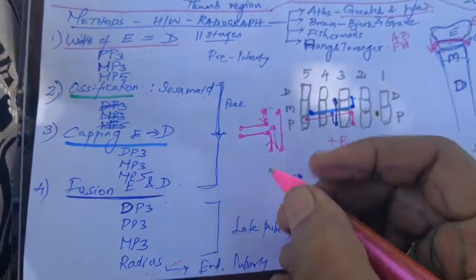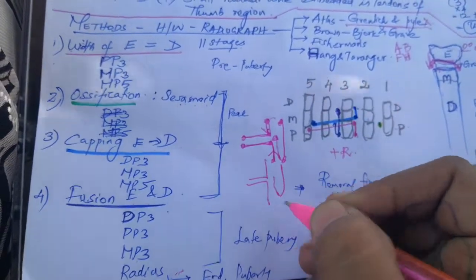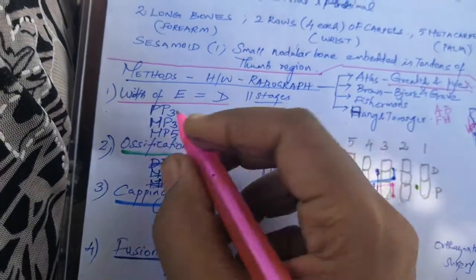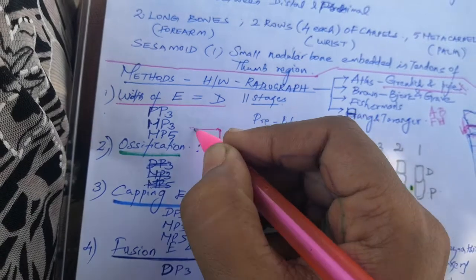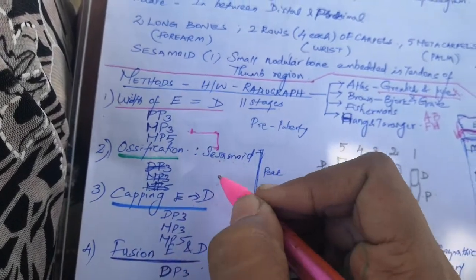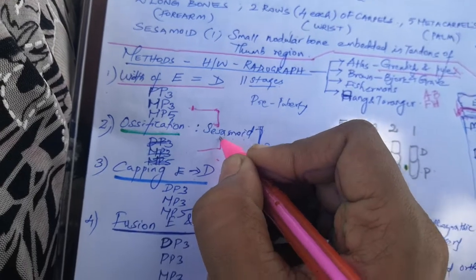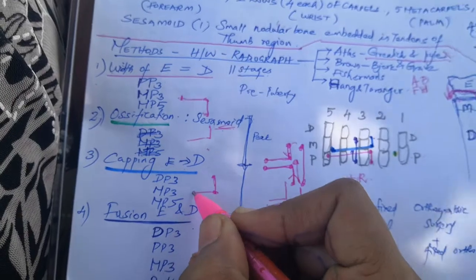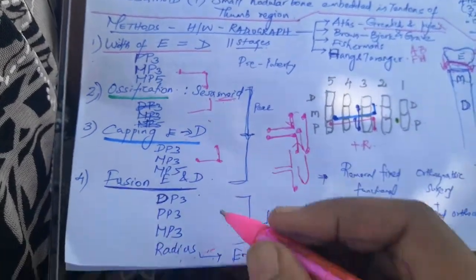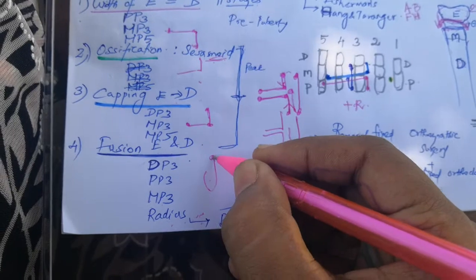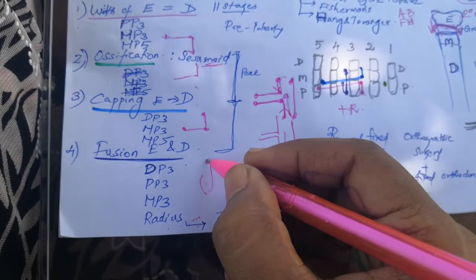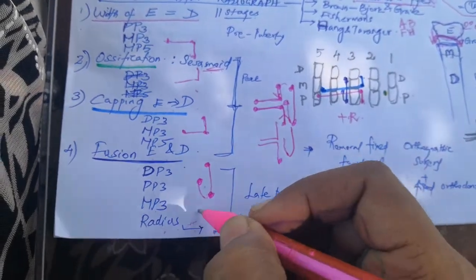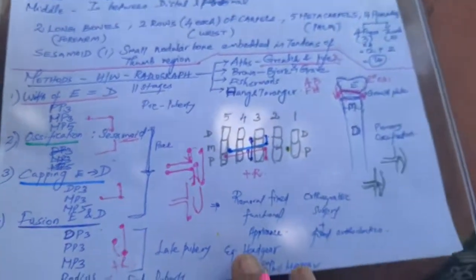So this is the diagram, just remember this J. This one, the middle phalange, I am just putting here. This is the proximal phalange of the third finger, middle phalange, and the middle phalange of the fifth finger. Then this one is the sesamoid, sorry, and then the distal phalange of the third finger, middle phalange of the third finger, and the middle phalange of the fifth finger. Then the J: proximal phalange of the third finger, distal phalange of the third finger, proximal phalange of the third finger, and the middle phalange of the third finger. Then plus the radius you have to write. This is the overall view.